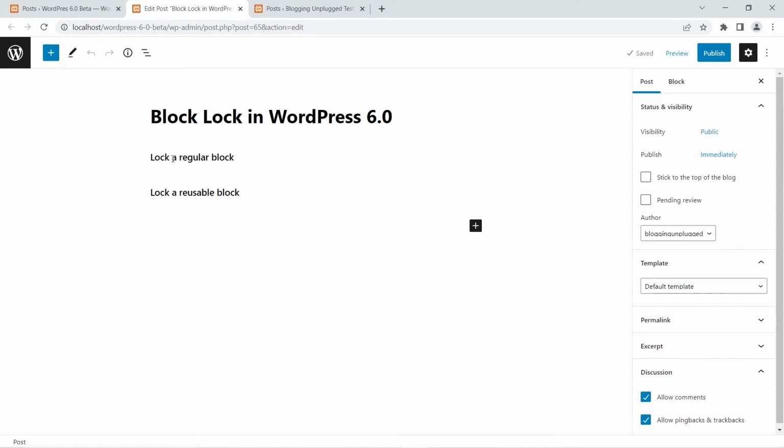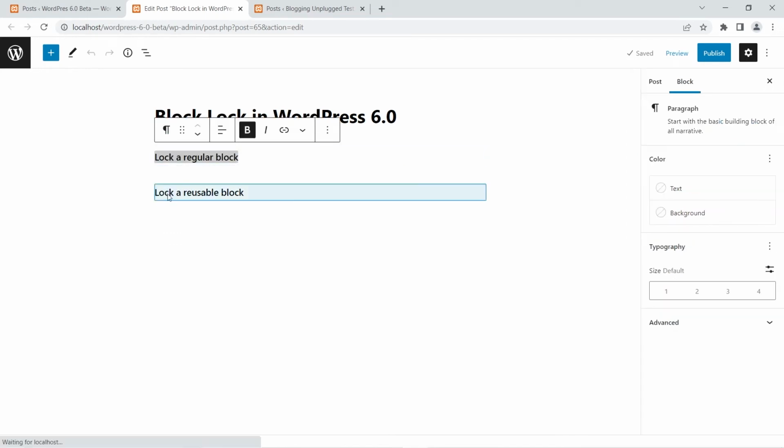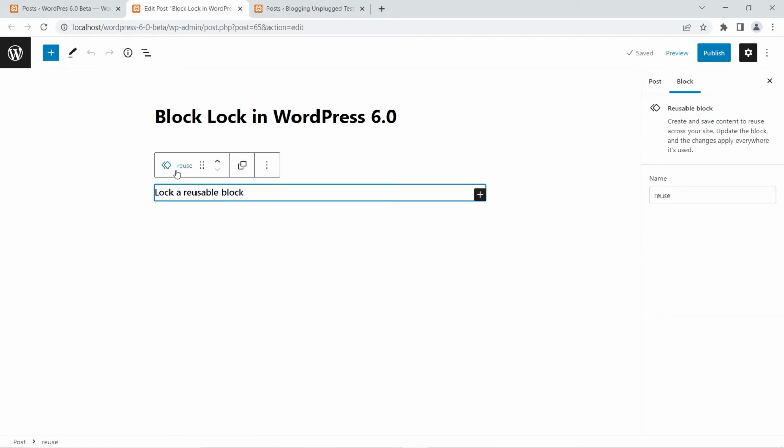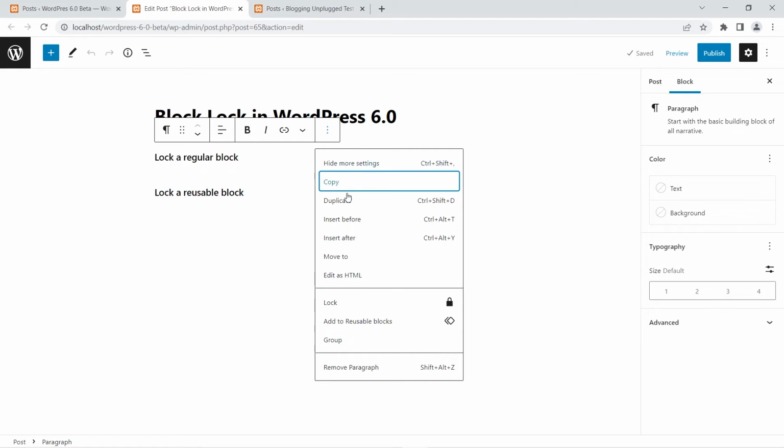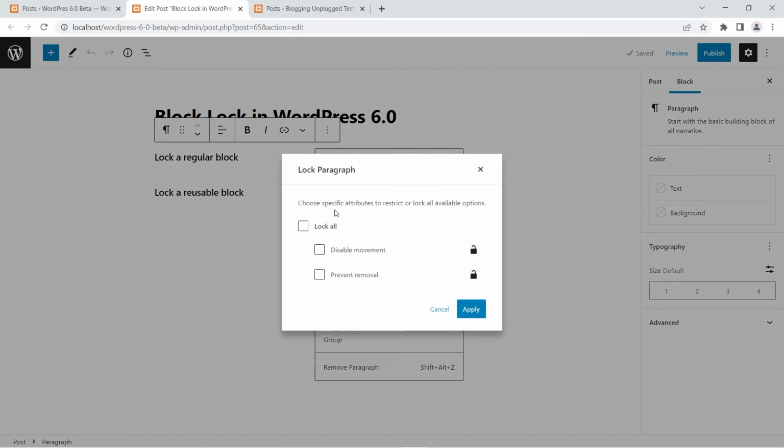You can see right over here, this is a regular paragraph block and this is a reusable block. What I'm going to do is click this ellipsis menu, and you will see the lock option right over here. I'll click this lock option, and it will show me two options, or probably three options. The first one is lock all, the second is disable movement, and the third is prevent removal. Now I can select either one of these or all of these